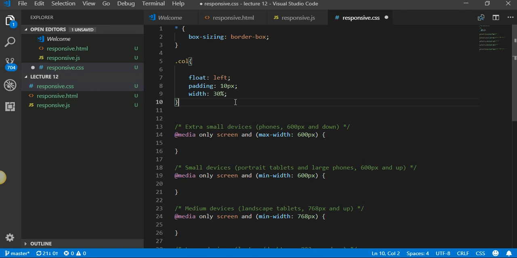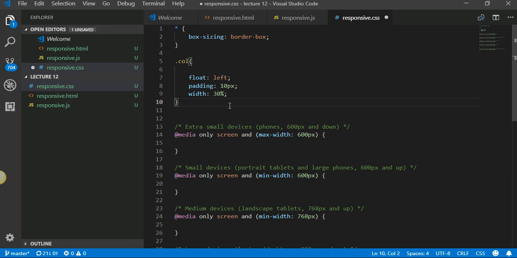Well, 100 is not a good number, but if I want my div to be 250 pixels each on a 1200 pixel screen, that would add up to 750. But on a smaller screen also, it'll add up to 750, so it'll mess up your whole alignment. But if you're using a percentage, it would take the size that's available and apply the percentage on it. So that's much better. So do not hard code width, especially for